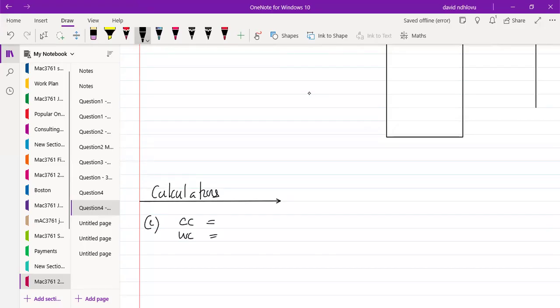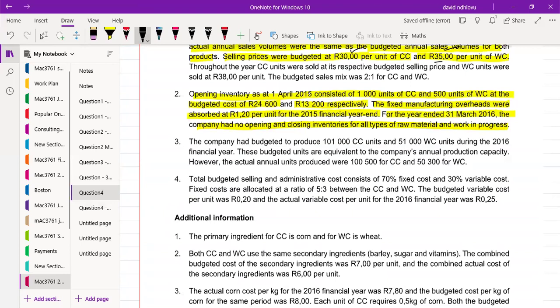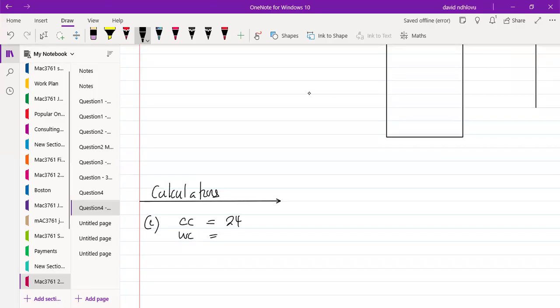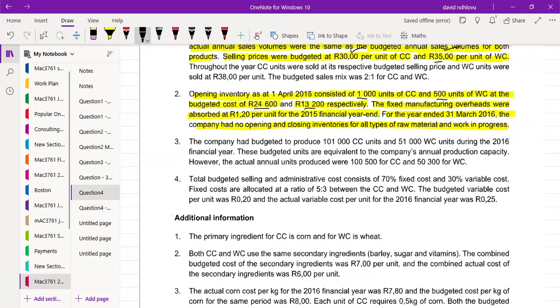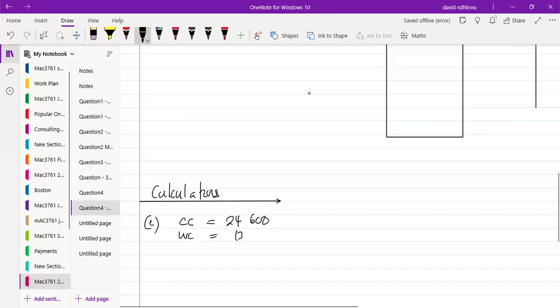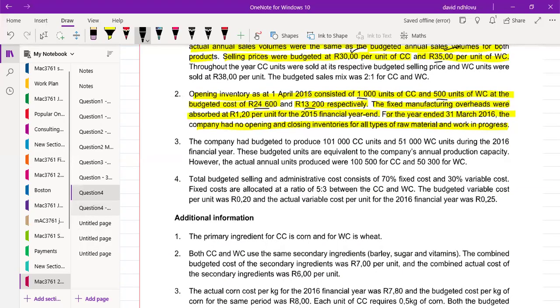Right, we've already been given the figures broken down per each product type. There were 1,000 units for the CC and 500 for the WC, giving us a total cost for each of 24,600 and 13,200. Now, these are based on absorption costing, which means the figures that we have